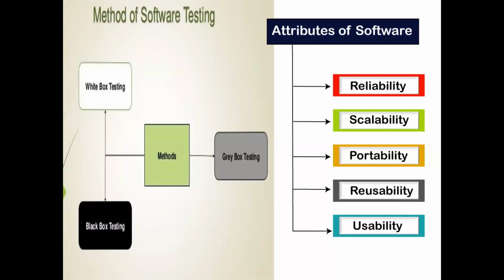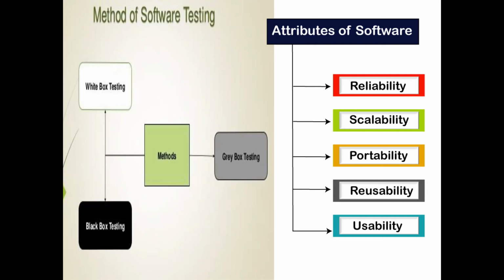So the next topic is methods of software testing. What is the systematic approach to perform software testing? We will choose. We have two broad major types of testing: white box testing and black box testing. To perform white box testing, you should be a programmer or an expert in the particular hardware and software programming constructs. If you want to perform black box testing, any end user can do it by giving some input and checking the output.